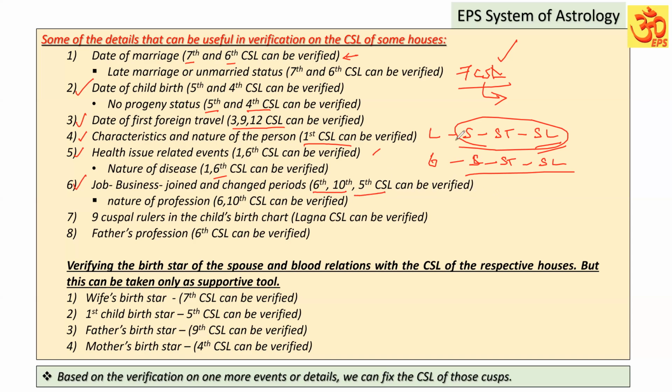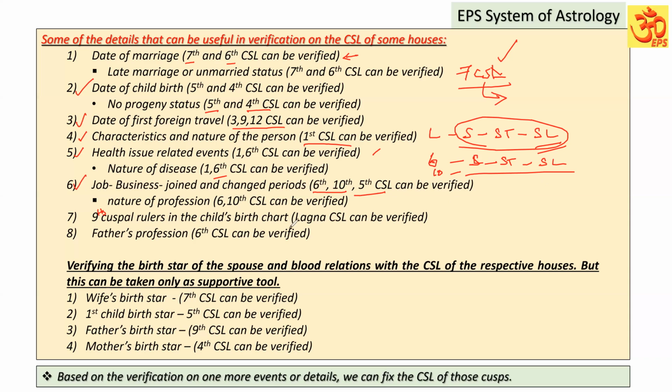Nature of profession: as I said, the 6th house and 10th cuspal rulers, if you check, can also be useful in verifying the nature of profession. The 6th and 10th lords, the 10th star lord, and the 10th sublord, those planets' signification and karakatva can be useful in verifying the nature of profession. And the ninth cuspal rulers